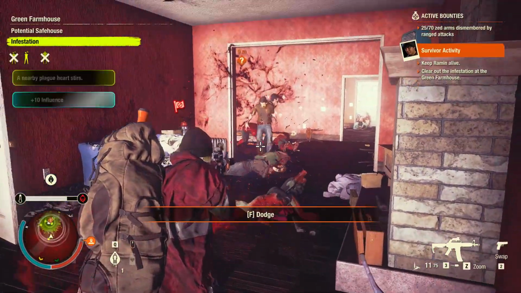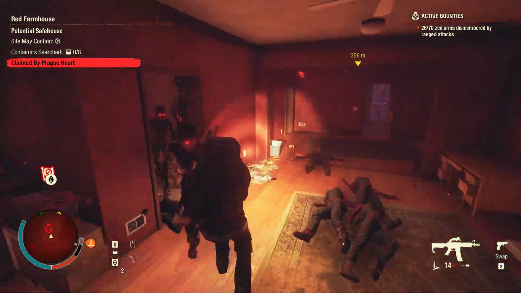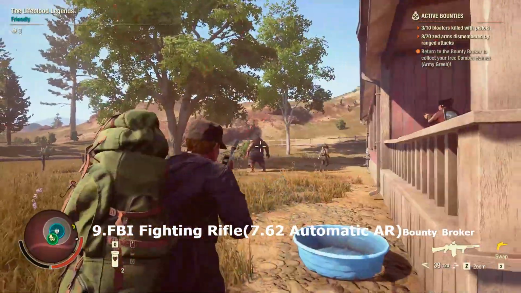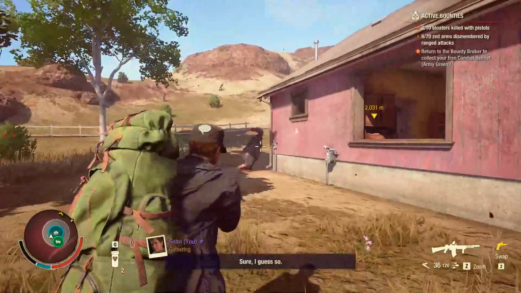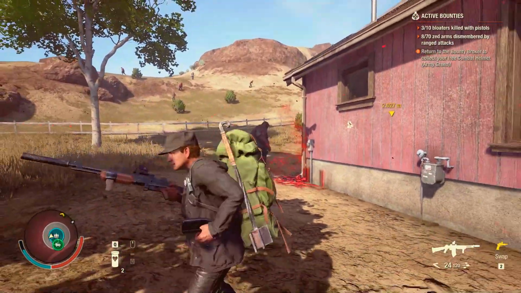If you don't have the M4X1 DMR Heavy and got your hands on this, it will do the job. The next one is the FBI Fighting Rifle. This is a really solid, really powerful 7.62 assault rifle. It features a 40 round mag with good reload speed. It also has a holographic sight giving you decent zoom. There is no select fire, but it's not a big issue here